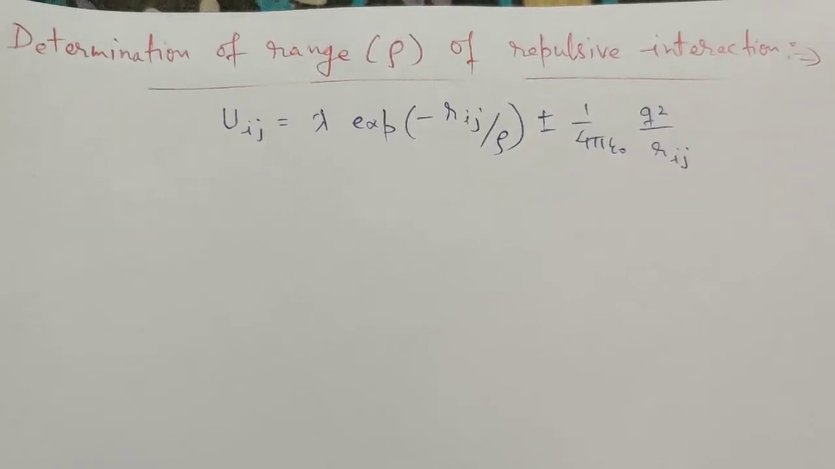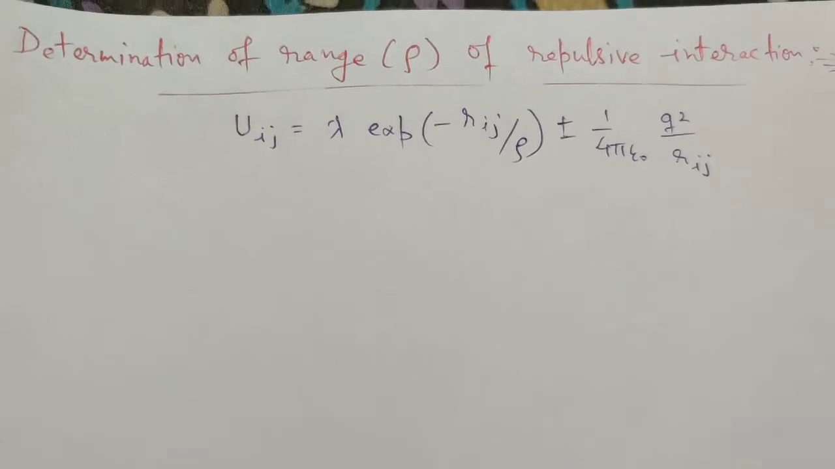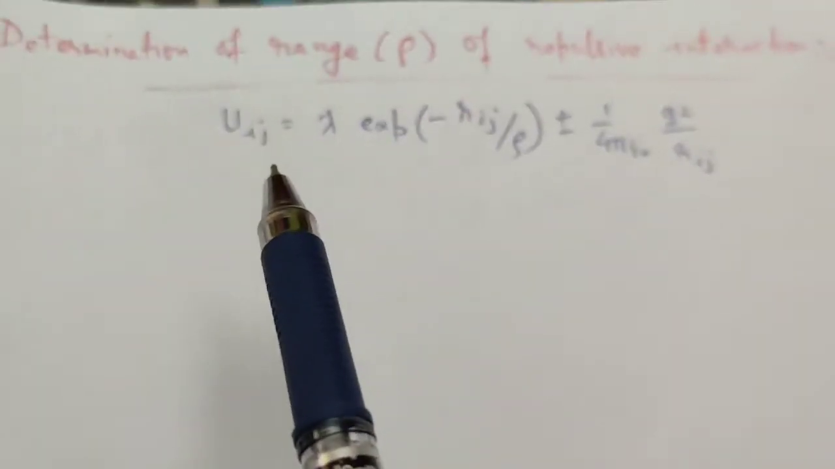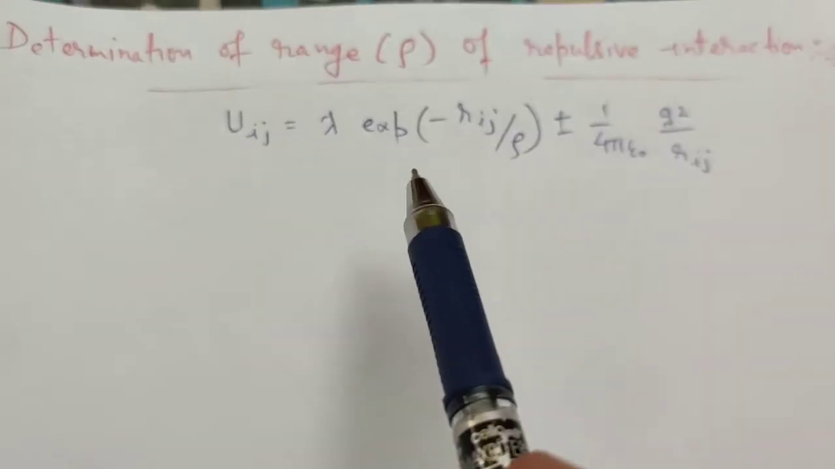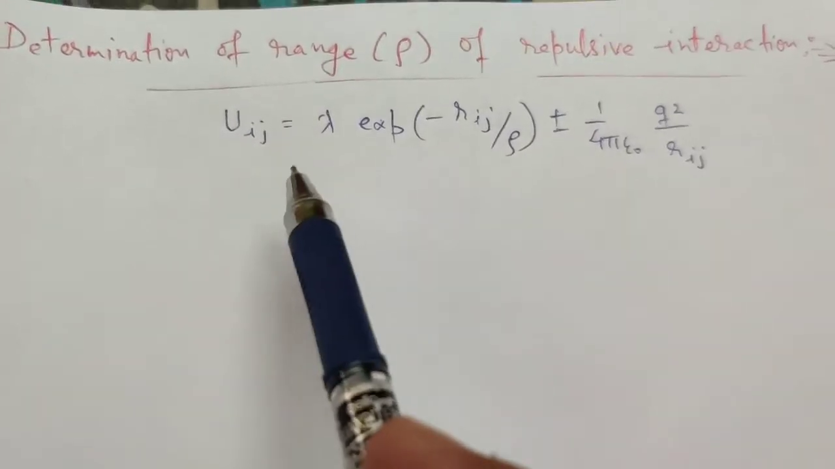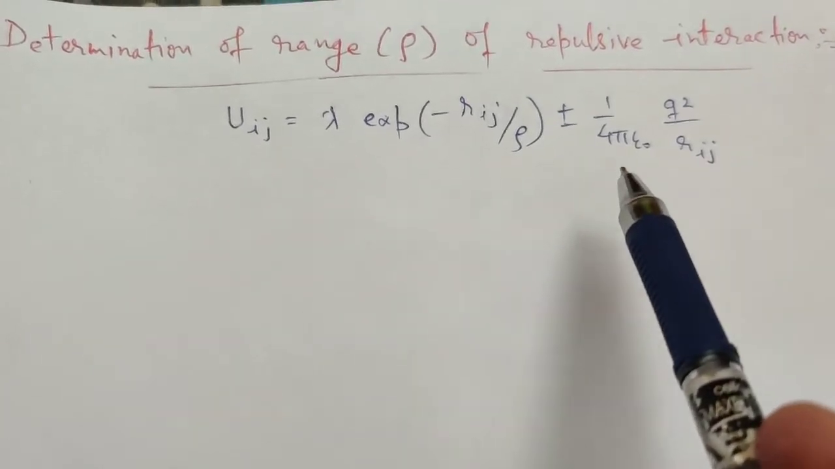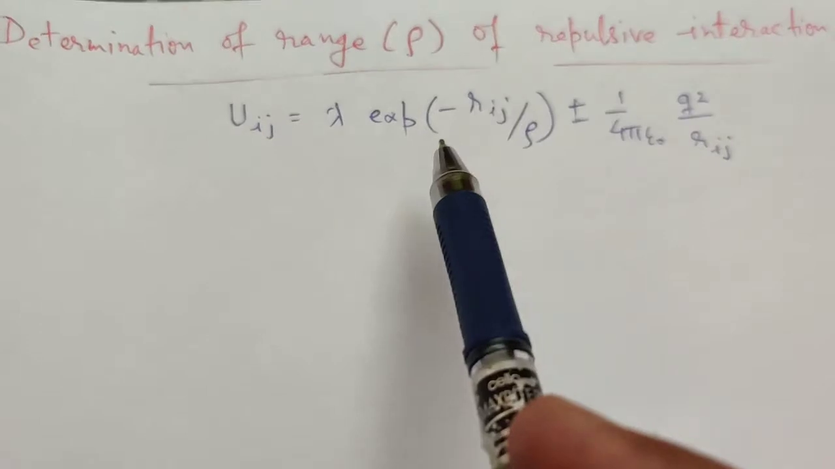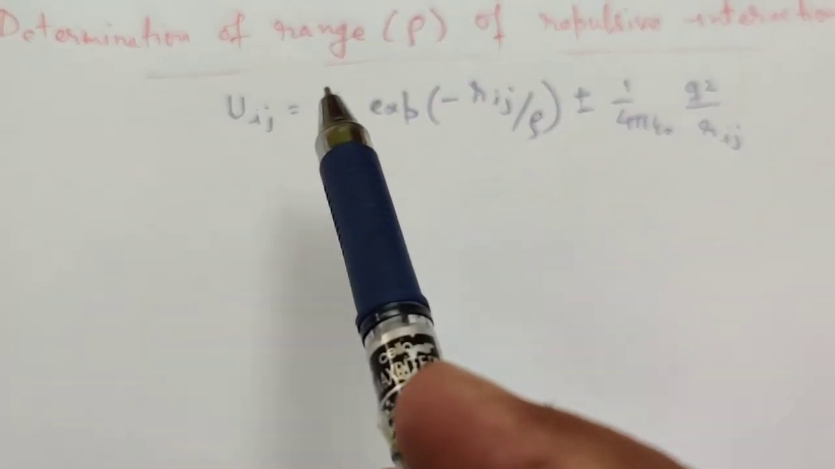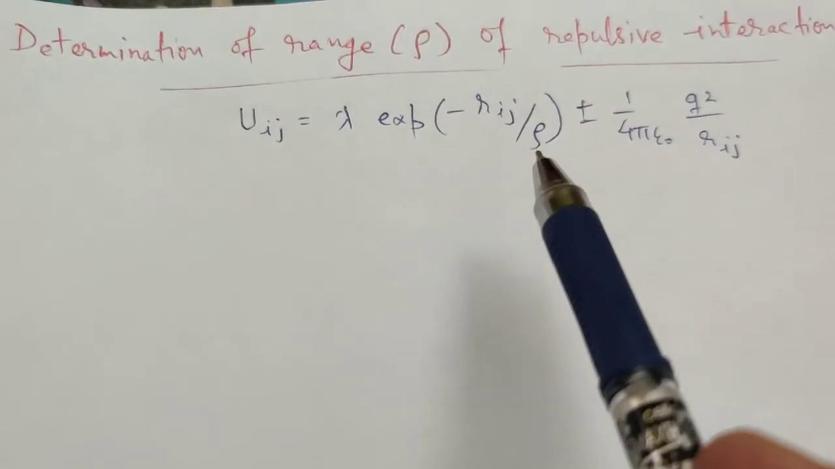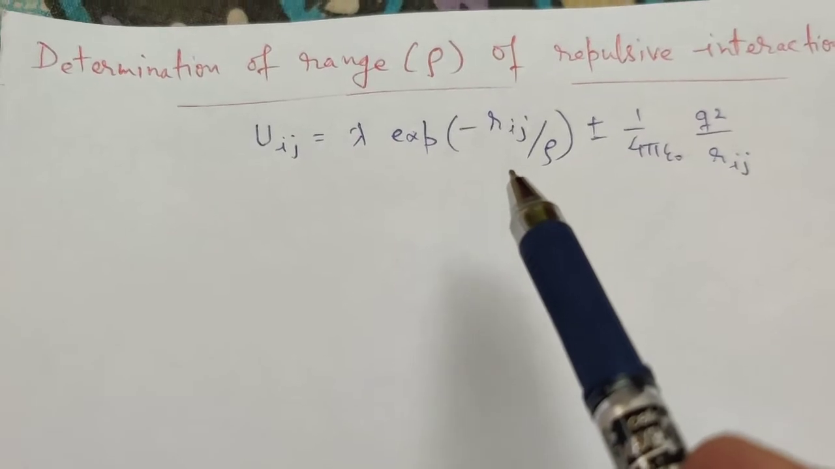So today we are going to find out the range of repulsive interaction. In the previous lecture we have deduced that the cohesive energy for an ionic crystal is made up of two terms. This term represents the central field repulsive potential, and this represents the Coulomb potential energy. This term originates from the fact that the ions cannot overlap each other's electronic